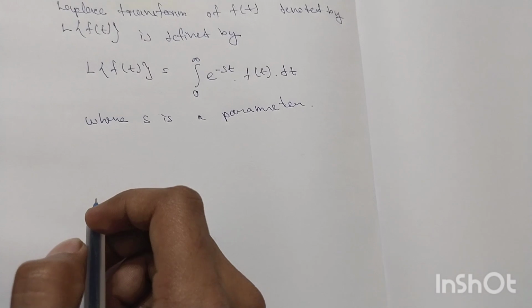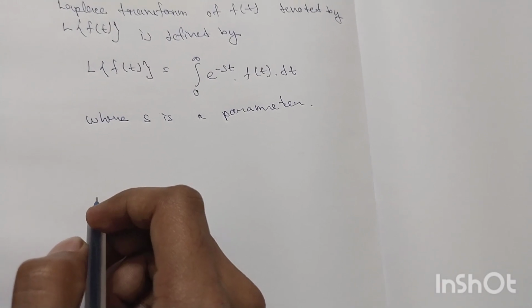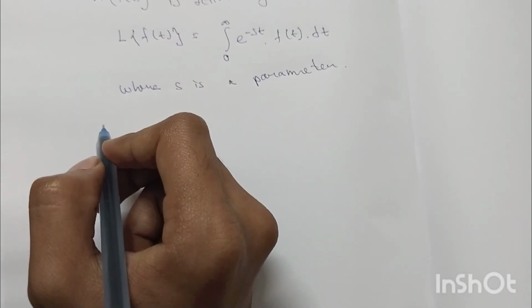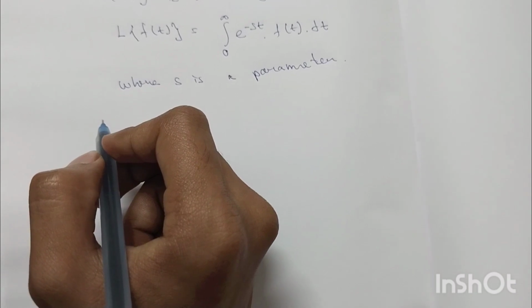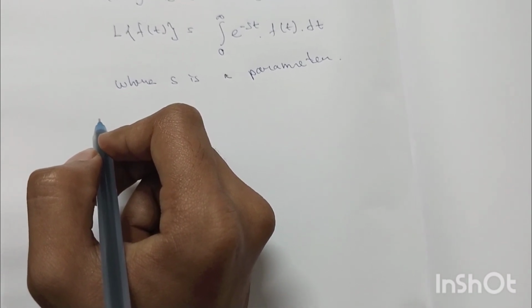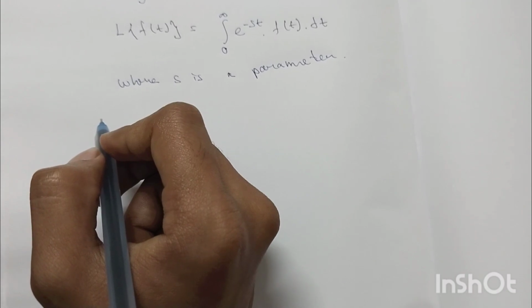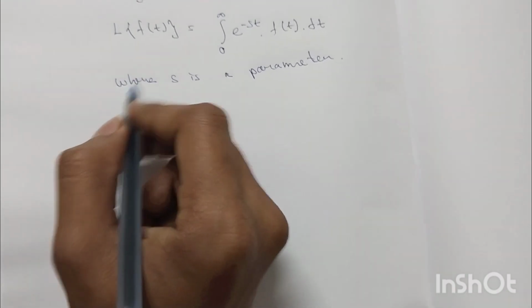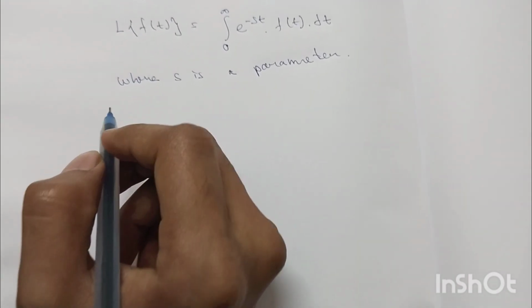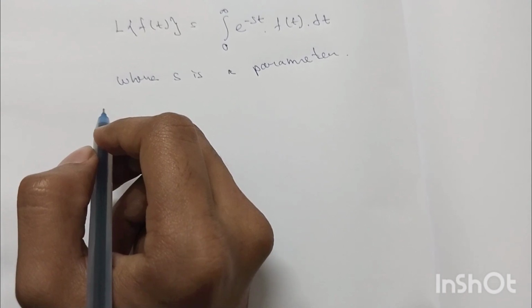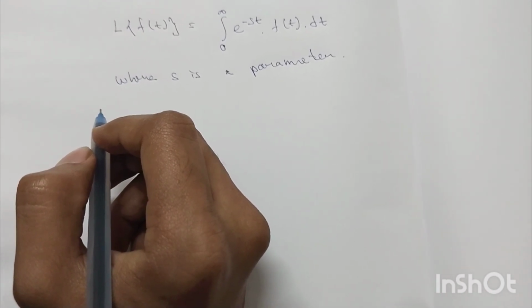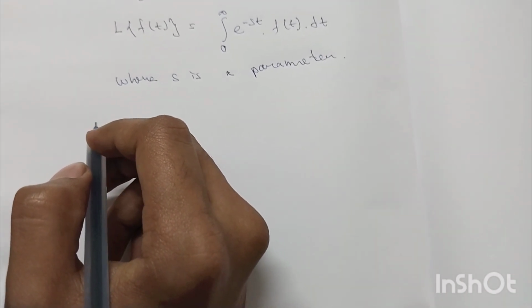This makes the problem easy for us. There are many Laplace transform formulas, like Laplace transform of 1, Laplace transform of sine of at, Laplace transform of cos of at. At first I am going to prove that Laplace transform of 1 is equal to 1